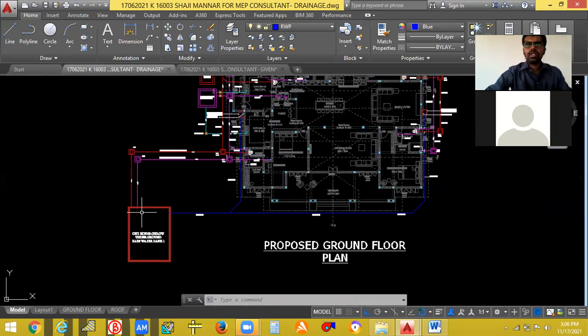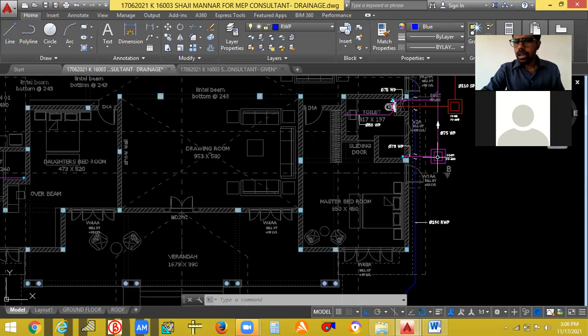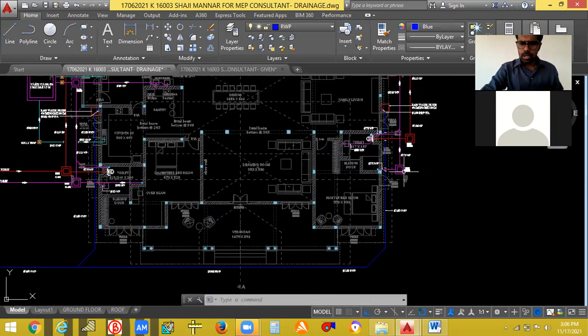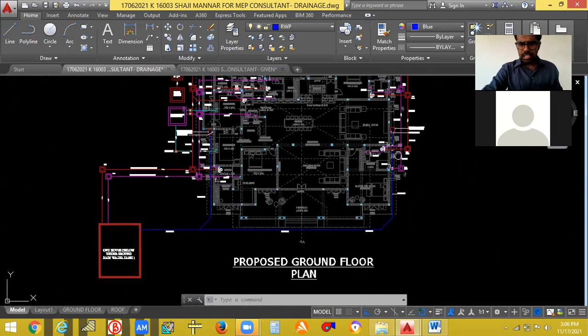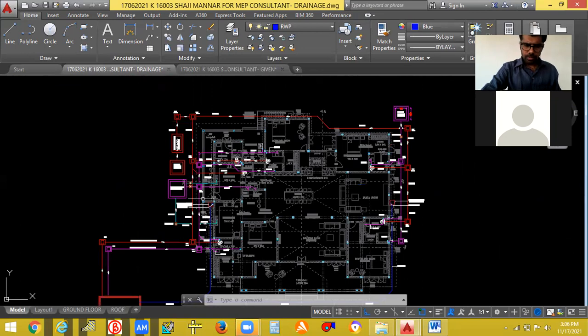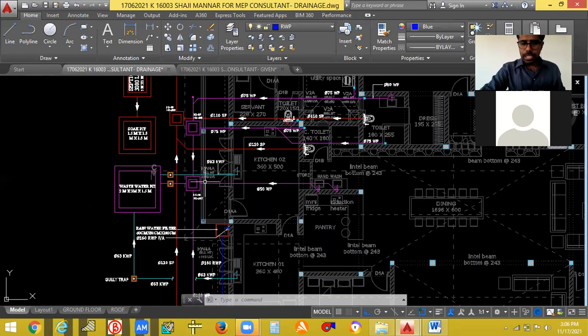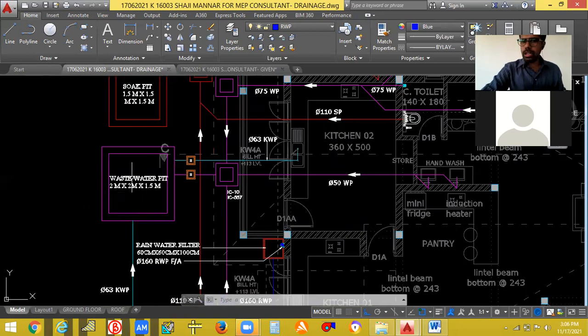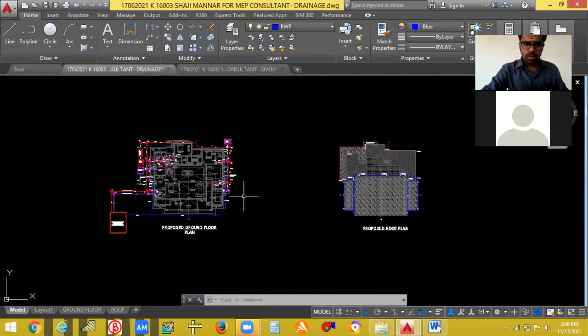So the bottom line is this: there should be different lines for rainwater, soil waste, wastewater, and kitchen waste. Route the line along the shorter path and connect it to the inspection chamber. From the inspection chamber, connect with 2 or 3 or 4 or 5 inspection chambers. Then connect back to the wastewater pit according to the site condition. The same way with the rainwater also.